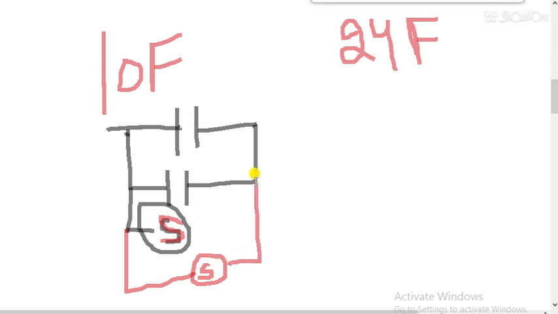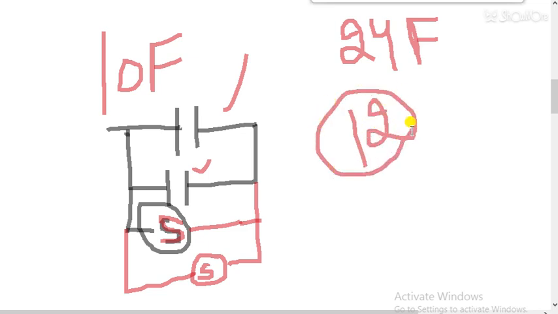So the minimum number of capacitors required in this case is 1, 2, 2 and 5 is 7, 7 and 5 is 12. So 12 capacitors are required here. Students, you can try to make a combination using fewer than 12 capacitors, and if it is possible, you can send me a feedback. I think 12 capacitors are required here. So let's take 1 or 2 more examples.